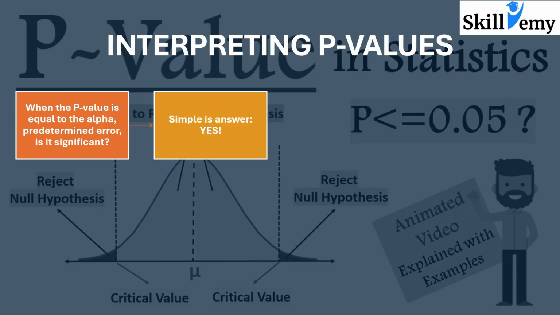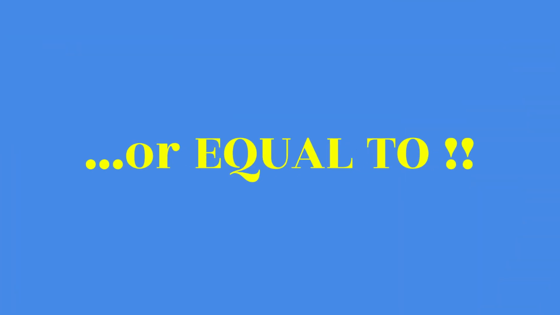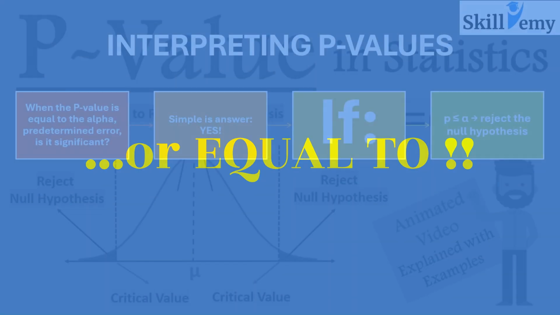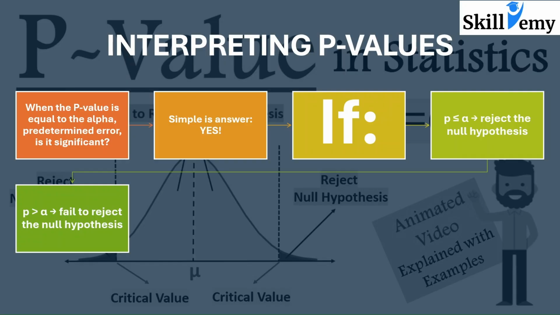So if you have a p-value that is less than your alpha value, so in this case your alpha value is the same as your predetermined error, then we reject the null hypothesis. In the same vein, if your p-value is greater than the alpha predetermined error, we fail to reject the null hypothesis. So in the first instance, where p is less than or equal to the alpha predetermined value,